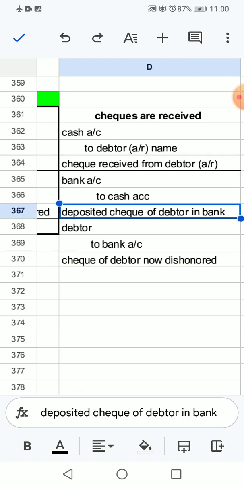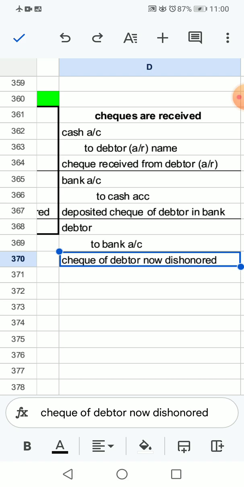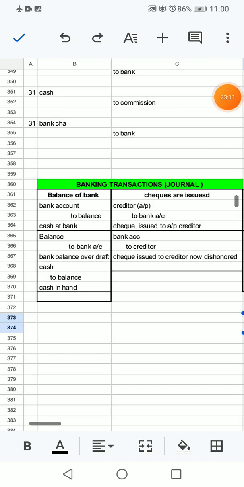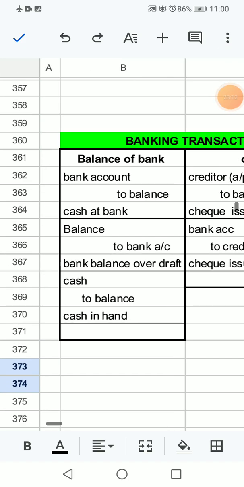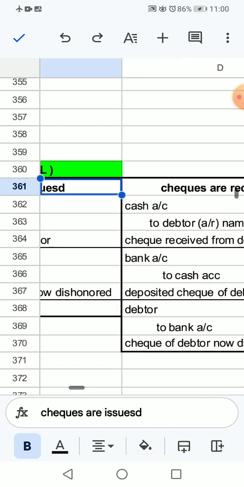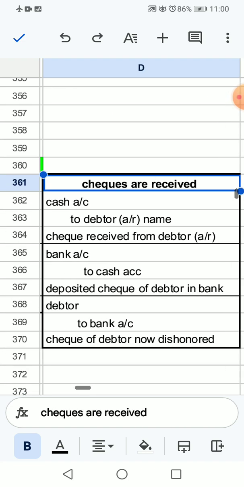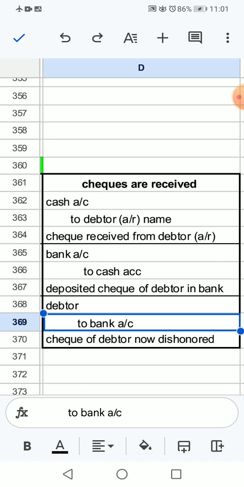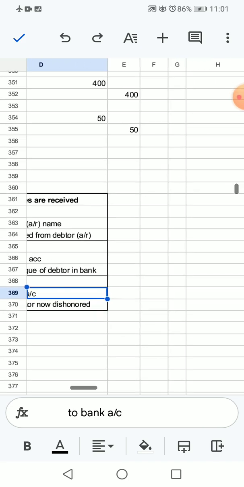Secondly, you have deposited that check into your bank account, and now that check has been dishonored. This is our second stage completed, and we will proceed further. Okay, now we have completed four stages: entries related to balance at bank, then checks issued, and then checks received, and we have seen their dishonor entry. Next stage, we will see